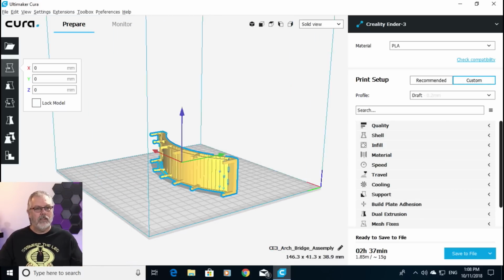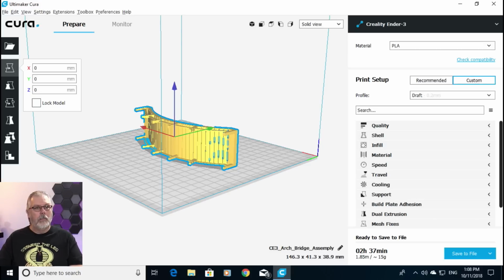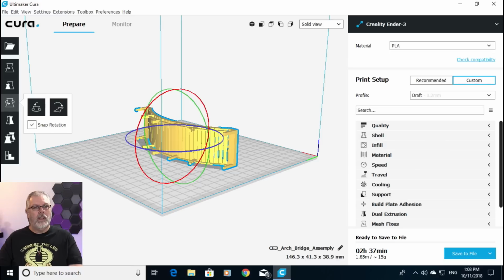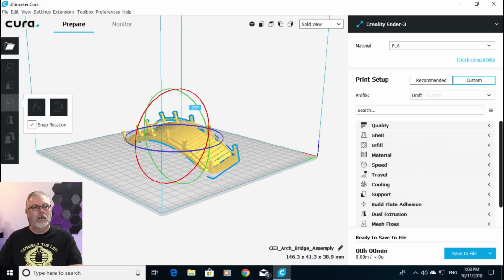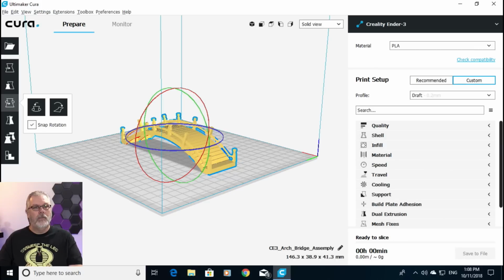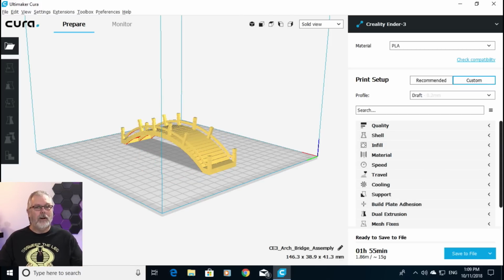We can rotate this model now. So we're going to rotate this 90 degrees. There we go. Now it's going to sit flat, and we have our model back on the screen. And that's how you go back to opening recent projects. Kind of cool. I really like this feature in